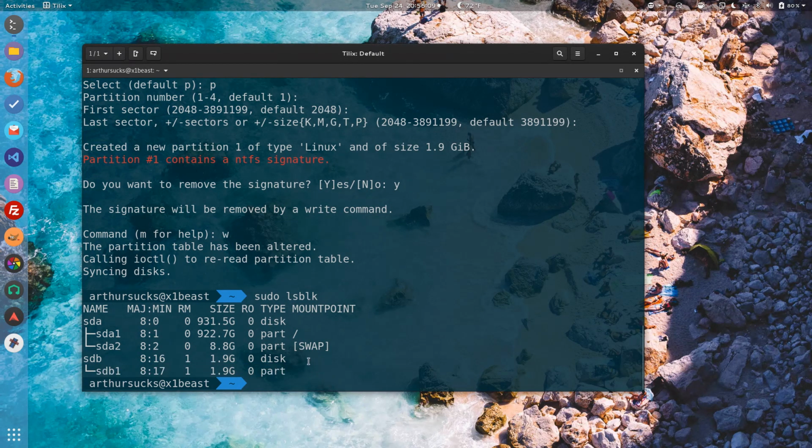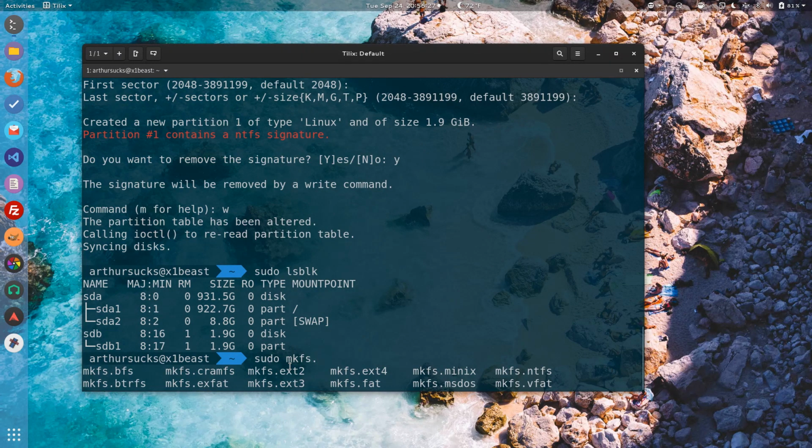Now if we go sudo lsblk, it looks pretty much the same, but we can add a formatting. Right now you can't really mount this because it's just blank. There's nothing there. So this is where another root or sudoers application, mkfs, comes in. Now mkfs has several different versions: Btrfs, cramfs, which I believe is for compressing ISOs, exFAT, ext2, 3, and 4, old-fashioned FAT,